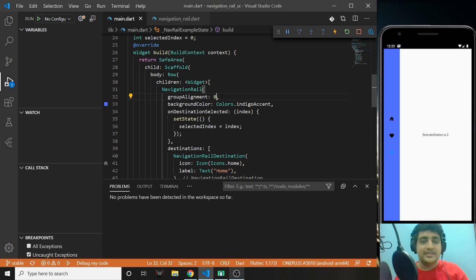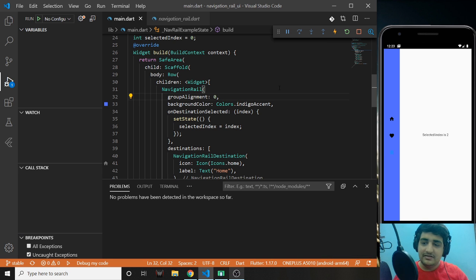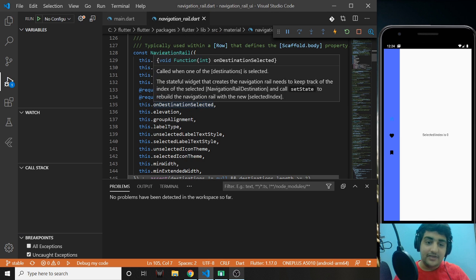See, it centered itself. So basically it is aligning itself, and -1 is the topmost part, 0 is the center, and the last one will be 1, which will be the bottom most probably. I hope I'm not wrong in this. Yeah, so as you can see, it just went down. You can just leave it on -1. I like it this way, or let's make it 0. Okay, yeah, so it is there. It will have the same functionality. So what is left now?